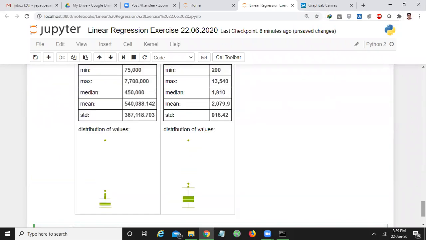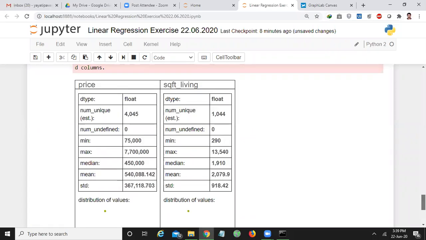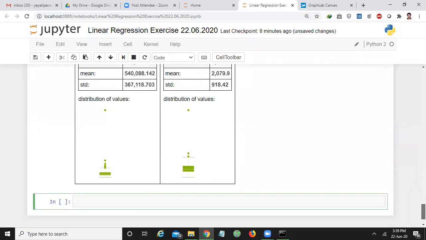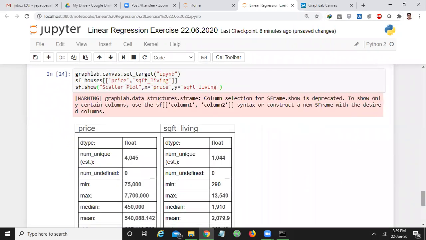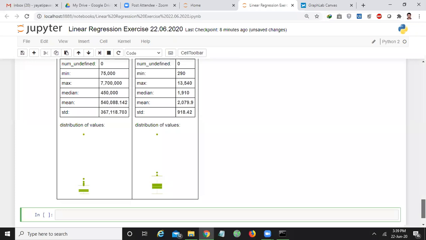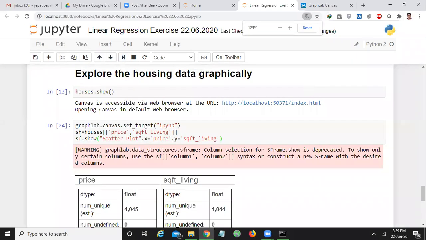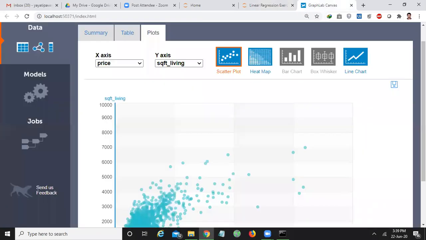So actually it is showing the box plot distribution. I don't know what is the reason. I think the space is not supporting well. But if you want to study that, there is another approach, that is you can directly study on this web page.